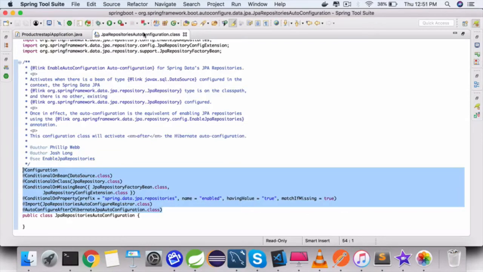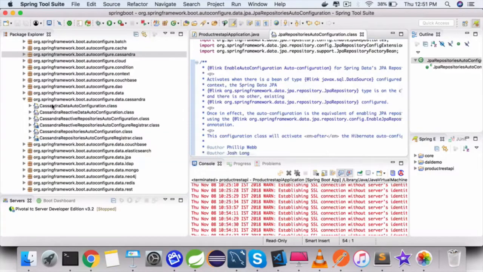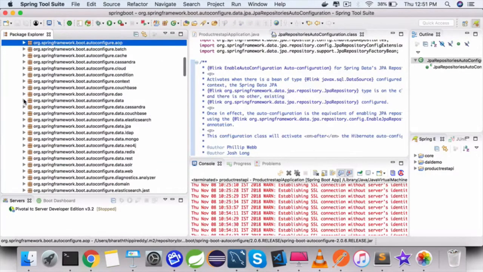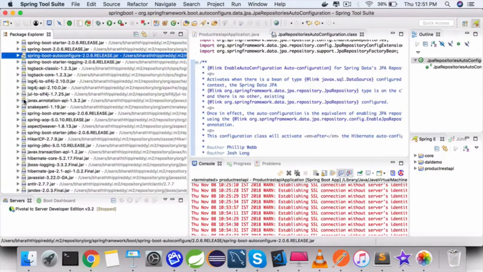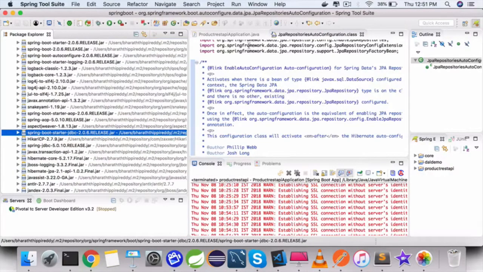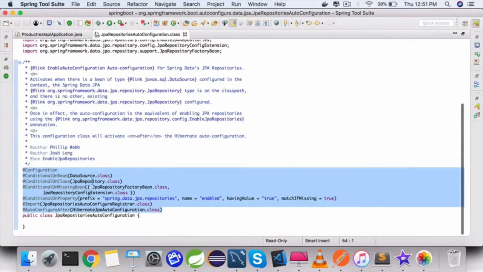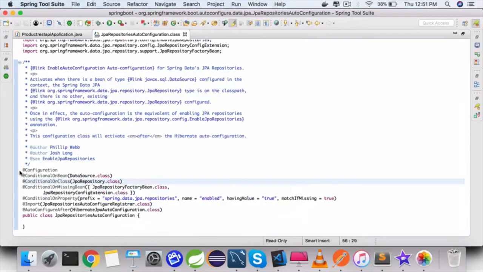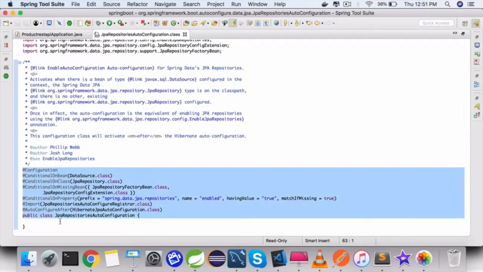So Spring Boot will look at the set of dependencies that are there on the class path, all these jars, and if it finds Spring Data related jar files and classes, it will automatically enable all the configuration by using the following auto configuration class.